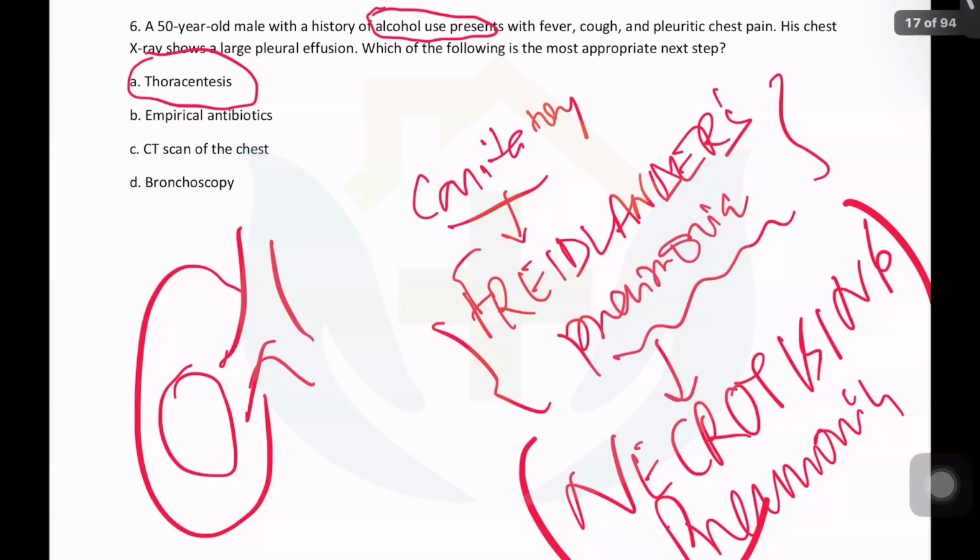If you've given the antibiotic first and then taken out the sample, theoretically you will be wrong, although practically we all do this. We give both together, put in a needle and put in an antibiotic together. Theoretically, for exam purposes, you need to take the sample out first, antibiotic later. Thank you, sir.